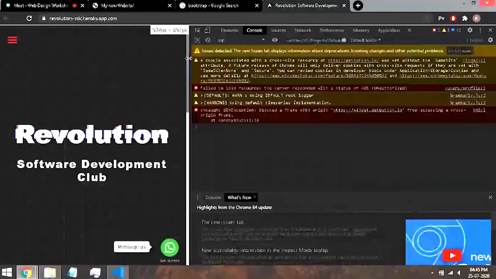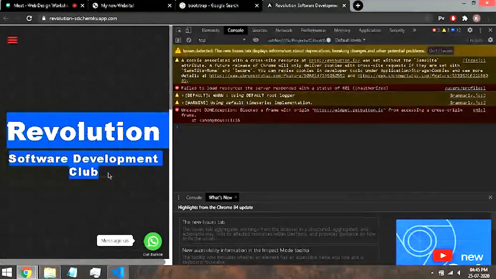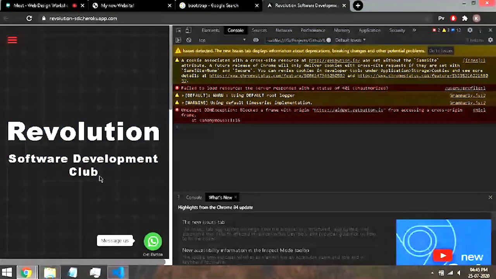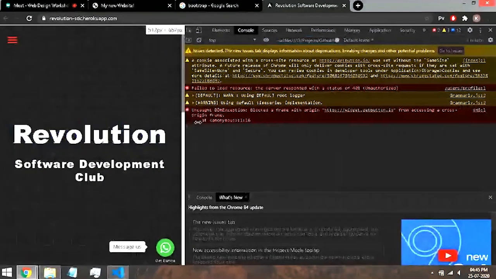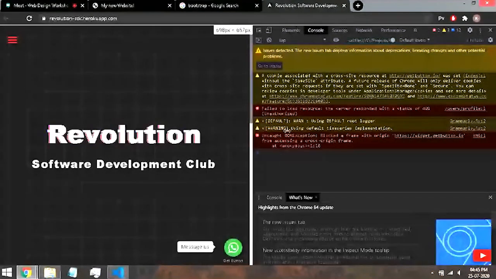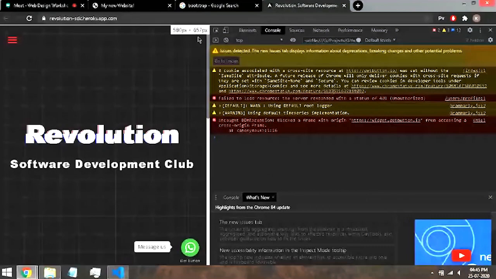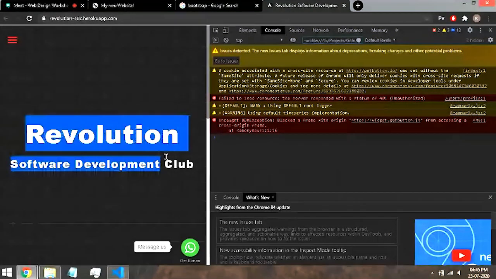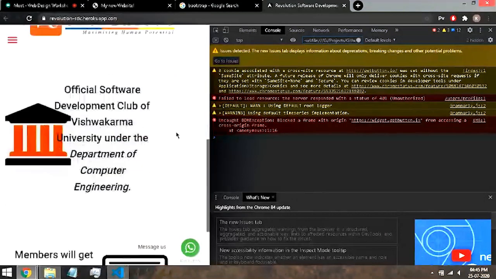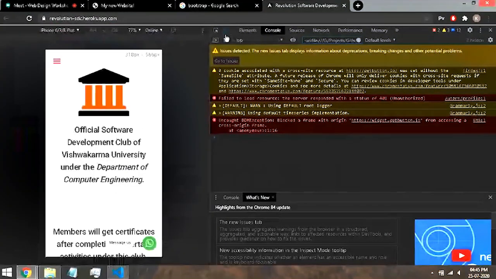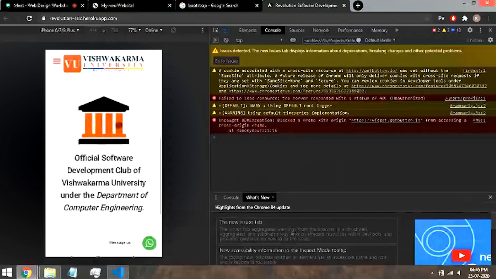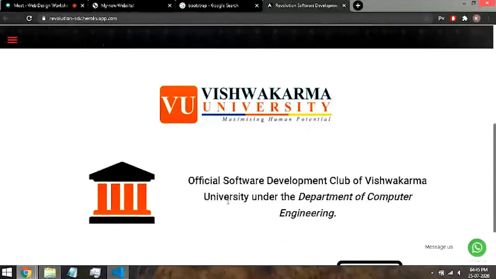As you can also see, our text is getting adjusted based on the width of the web page. Here you can see the width is specified. If I adjust this, the width is changing, and accordingly my website is also adjusting. And if I go into the mobile view, see, on mobile view, these blocks are stacked on top of each other. And if I close this, they are beside each other. This is what responsive means.